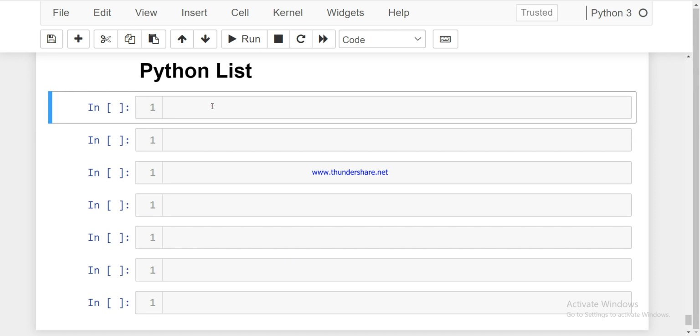Okay, so let's come to the syntax, how to define these things. Lists are created using square brackets. For example, we can say my list.